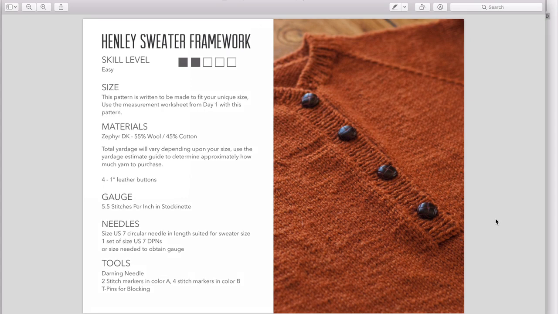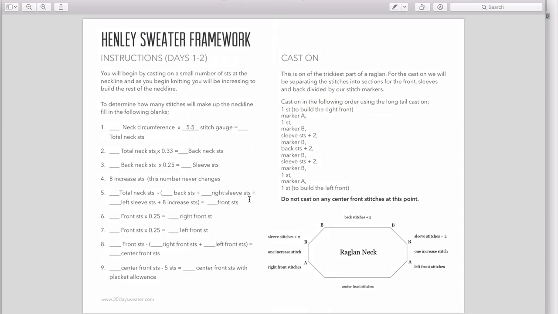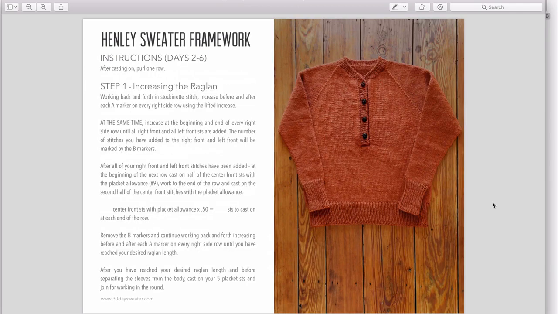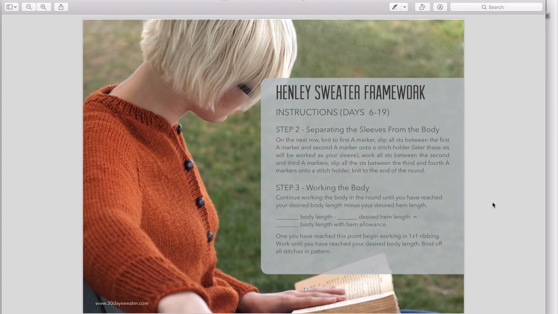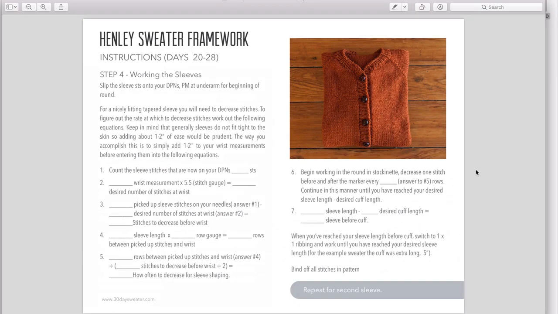And this one has a lot more photos. So you can see we have a lot of detail photos in this one. This is also a much longer pattern, so that's why. But the information is very easy to see, what it is that you need. And this one actually has some diagrams in it because there's a unique way of creating the collar in this pattern. So we played with a few different design elements in this one, but what I really want to show you